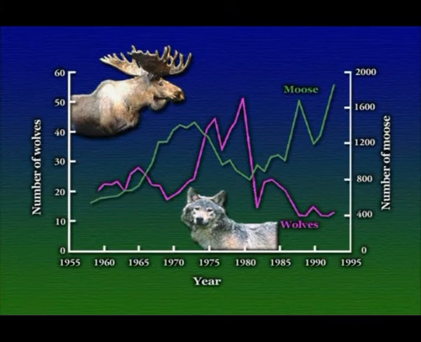Well, when the wolf population got down to a certain low level, the moose population started rising again. There were fewer predators, the moose were able to reproduce more, and we now had more moose around. And finally, what you would have predicted is that as the moose population started to rise, you might have expected that the wolf population would start to rise as well. Actually, it didn't happen quite that way on Isle Royale.